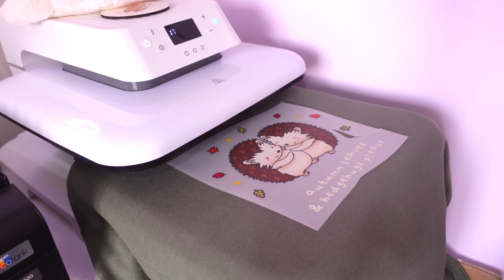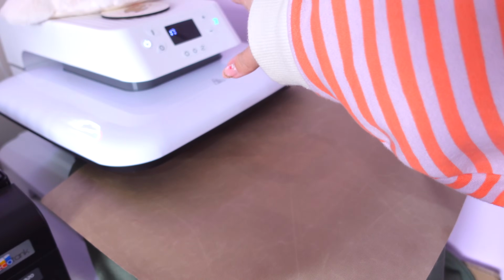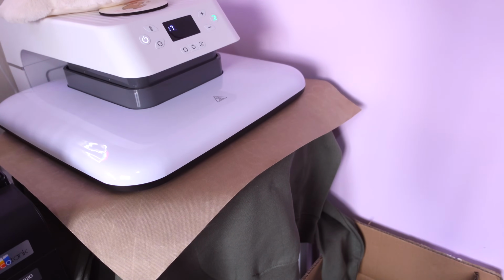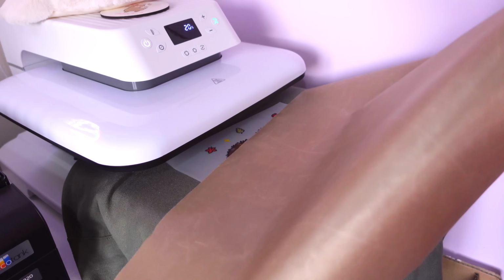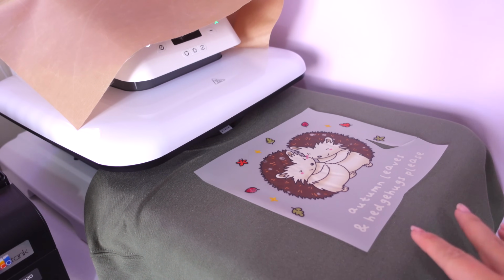Then I'm going to put the Teflon sheet back on the top just to protect the machine, and I'm going to put it under the press at 170 degrees Celsius for 20 seconds. Then it automatically releases when the time is up, and I'm going to take it out, take the sheet off, and then I'm going to let the print just sit there for a few seconds to cool down before I